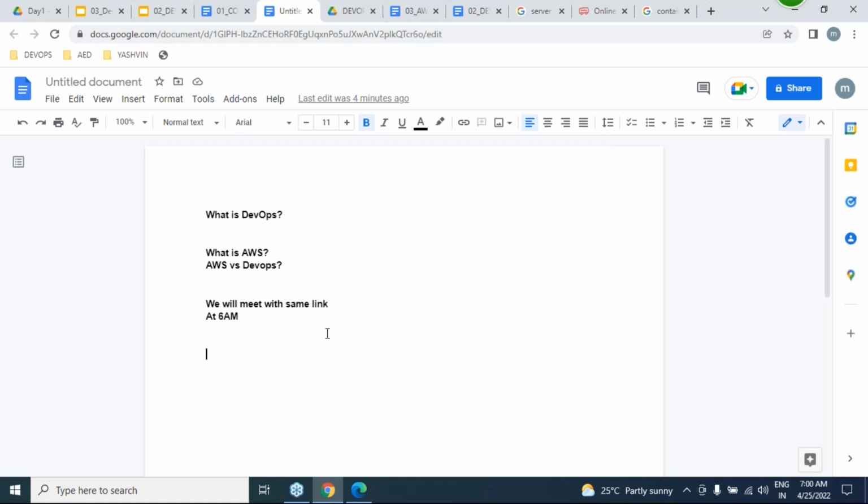So what we will do is this: you can show that you have a total of 10 years of experience in IT. Your career started as a tester or QA, and for the last 2 or 3 years you have experience in DevOps. You can show it like that. Definitely your salary will be appreciated.